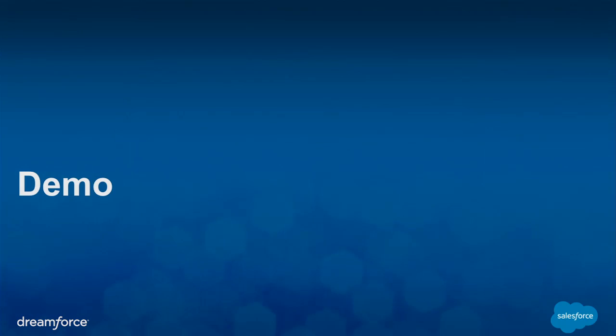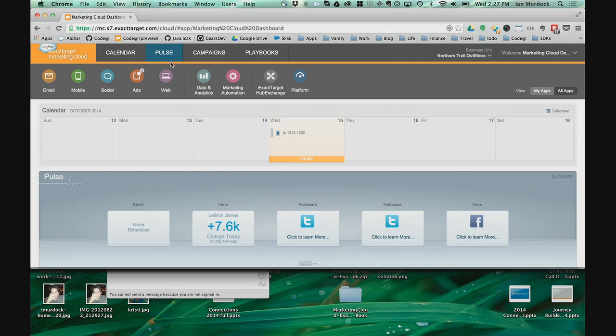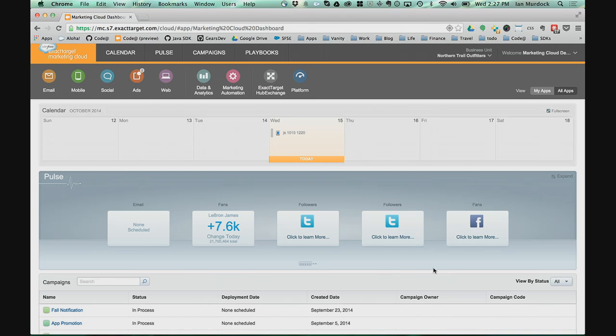All right, so let's take a look at our demo. Okay, so here we are in the ExactTarget Marketing Cloud. So as I mentioned earlier, it's an application container. We've got all of our apps in here. We've got those common services. So the first thing that we're going to do is we need to set up our